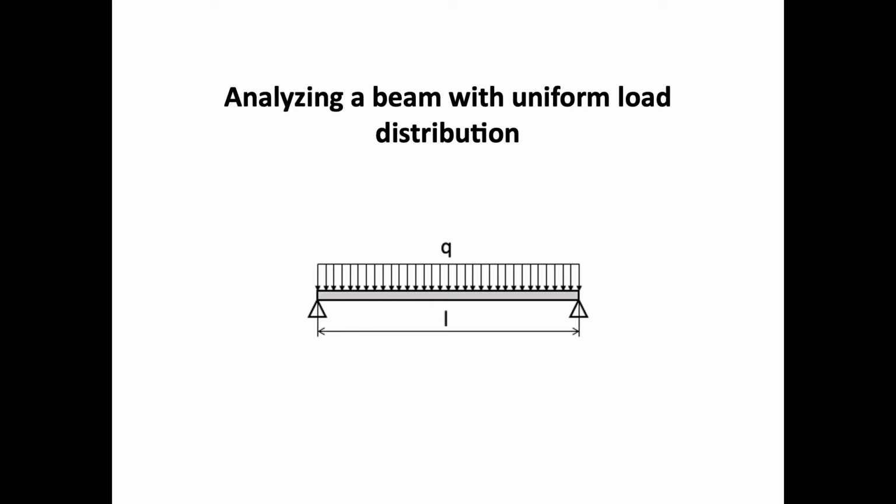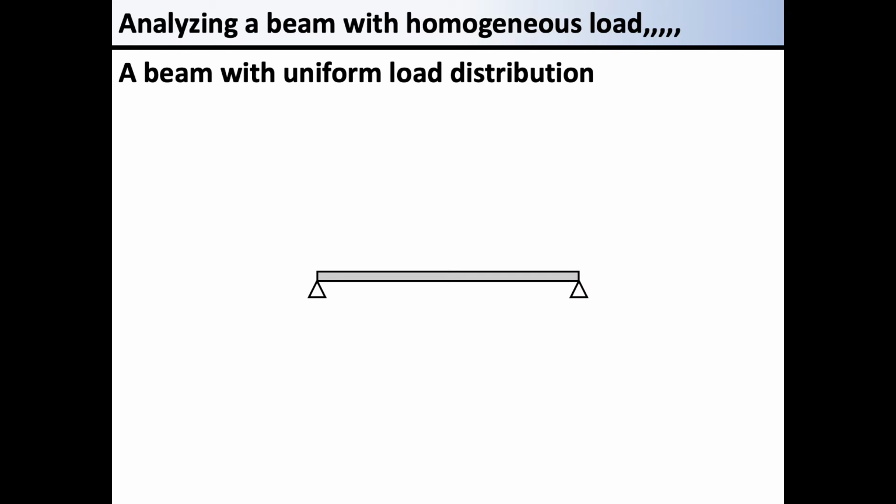In the next problem, we are analyzing a beam with homogeneous load distribution. As you can see in the illustration, 2 points at both ends of a thin and long beam are fixed. The points fixing the beam here are called simple support. This is similar to the support in the truss problem, in which the 2 ends are pinned together. At the simple support, the rotation is free, but supported from the bottom.